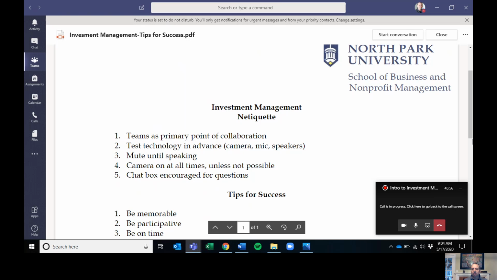First thing I'd like you to do is make sure all your technology works in advance. I have a daughter who is a college student. She struggles with this sometimes as well, but in order to be fully functional, I ask that you have camera, mic, and speakers. When you participate, I would ask that you're muted at all points in time until you're ready to speak, in which case you should take yourself off of mute, ask your question, and then put yourself back onto mute when you're done.